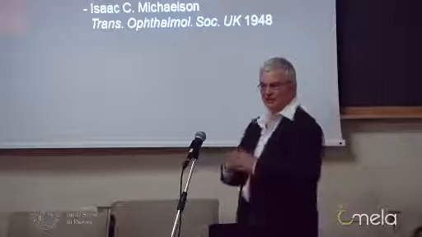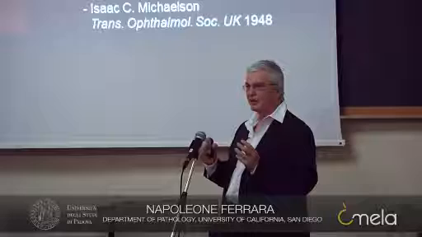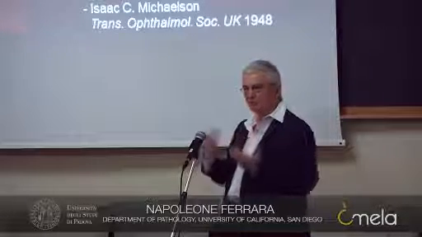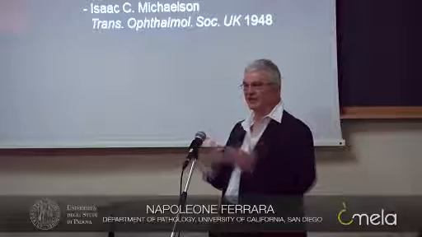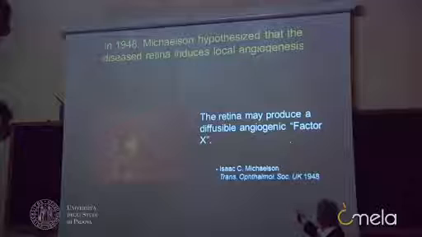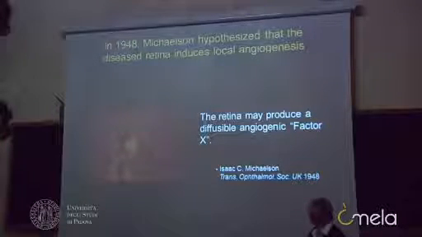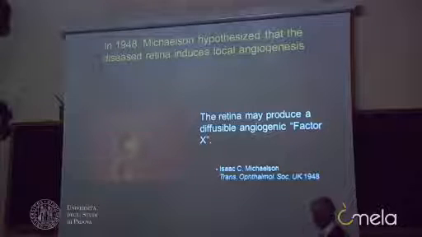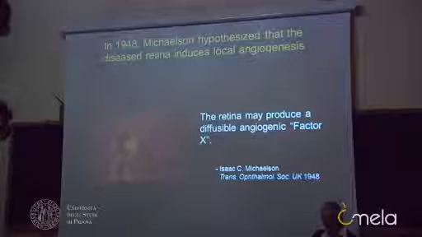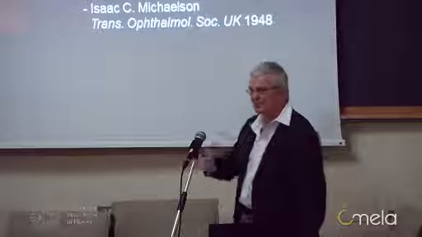The reason why these vessels are so destructive, so dangerous, is because they are very fragile. So they have a propensity to bleed and to leak, and that can destroy the photoreceptors. In the extreme case, it can result in retinal detachment and blindness. And actually, this is quoting one of the giants of the past, Michelson, who already in 1948, based solely on clinical observation, was speculating that the retina produces a diffusible factor, which